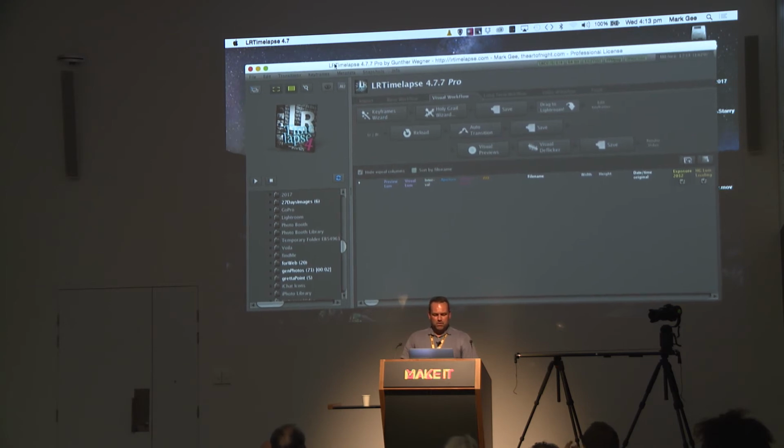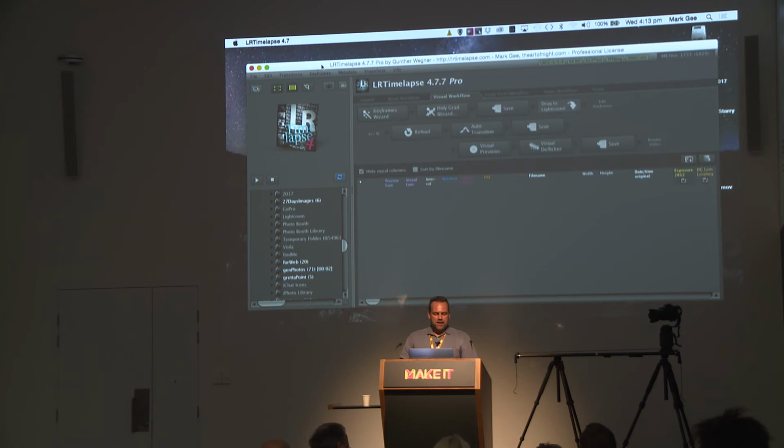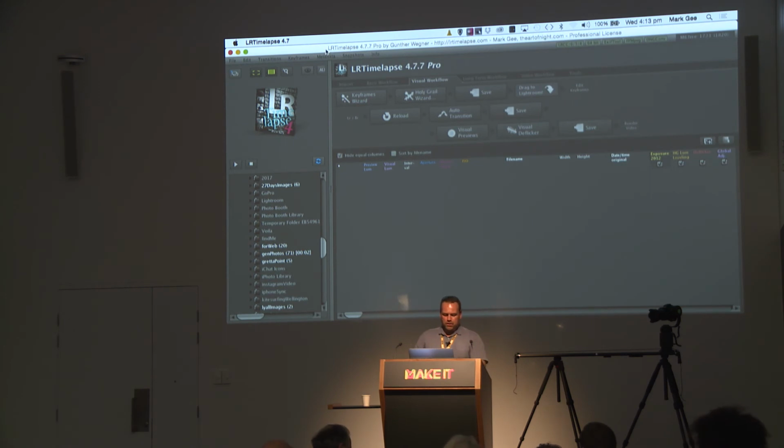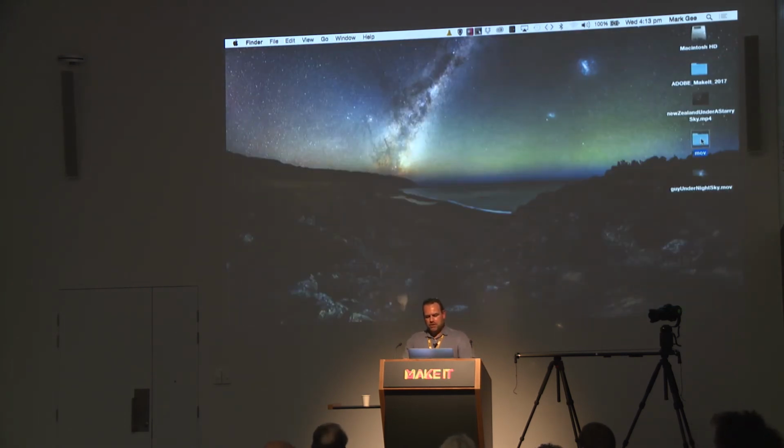So this tool was written by this German guy, and he's quite a smart guy, and he's really good supporting it as well. And it basically plugs right into Lightroom and works with it. It's got a little funny workflow, but once you work it out, it's all good. So what I'll do first is I'll show you the actual sequence